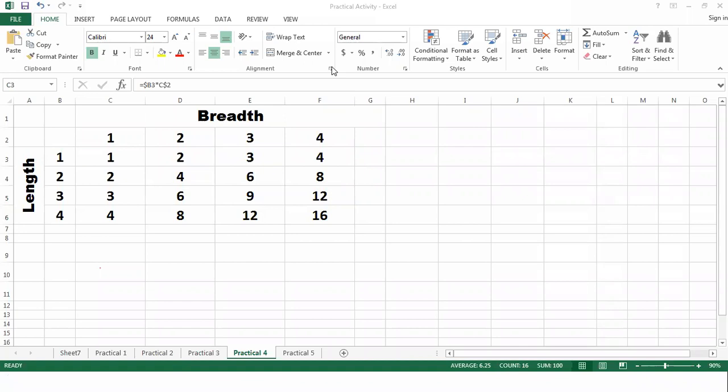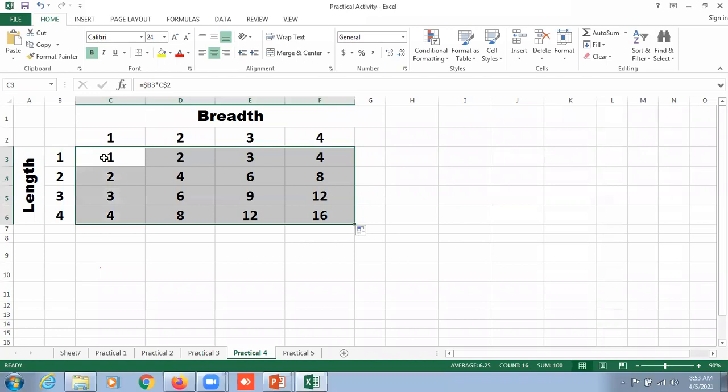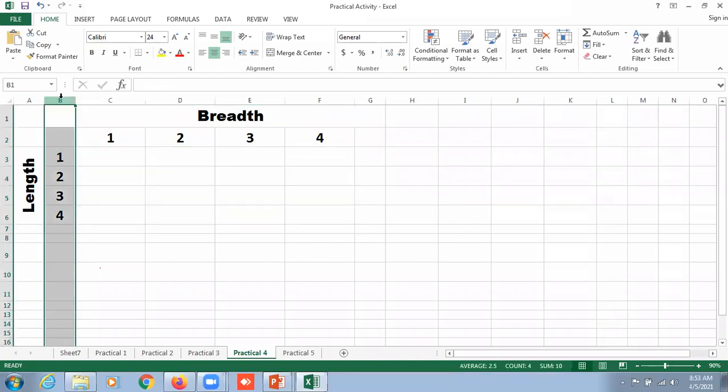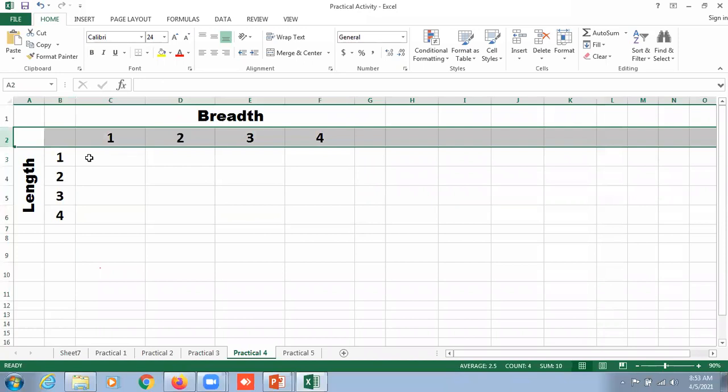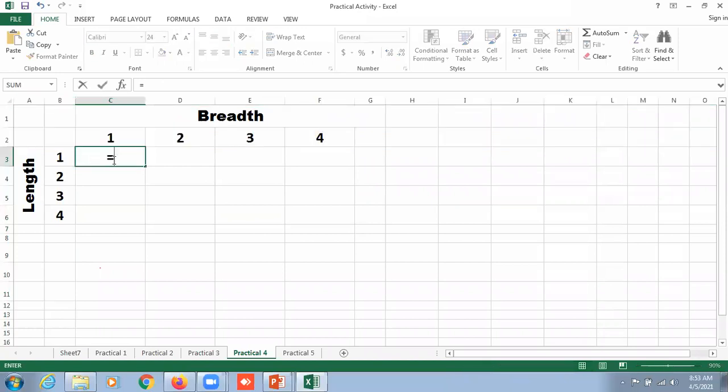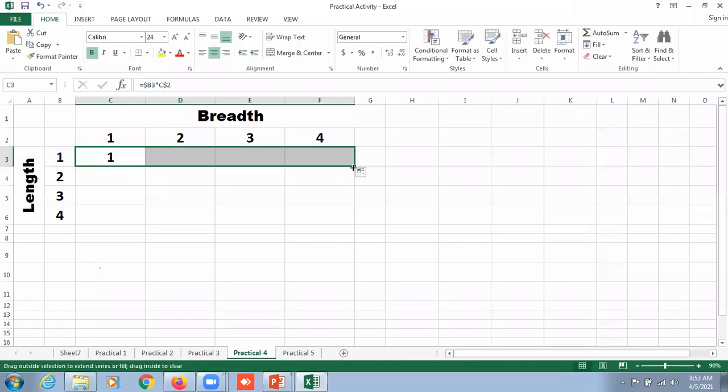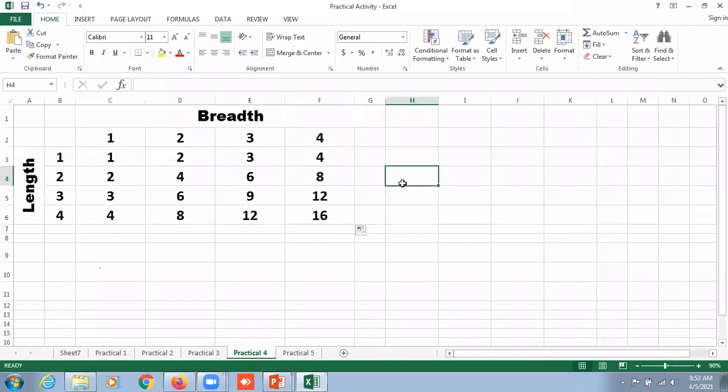One more time I am going to perform this activity. Kindly concentrate. I am going to delete this. This is column B. This is row 2. I type the equal to symbol. Click here. Make the column absolute by inserting this dollar symbol, then the asterisk symbol. Then click here, and make the row constant by inserting this symbol. Click here, drag this toward this side, and drag this toward this side. This is the concept we are going to do here.